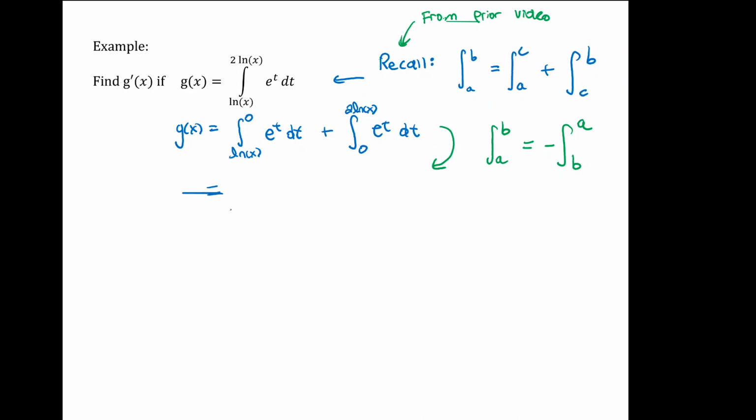So equals negative integral from 0 to ln of x of e to the t dt. The second one I won't change, integral from 0 to 2 times the ln of x of e to the t dt. And now I'm going to take the derivative. Now I'm going to find g prime. So this is g of x. Now g prime